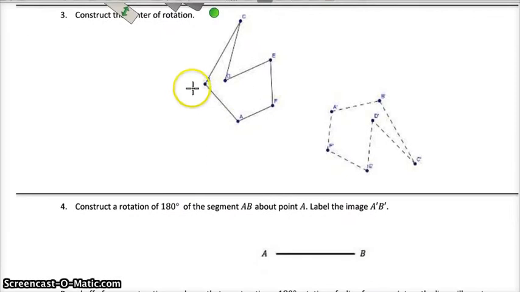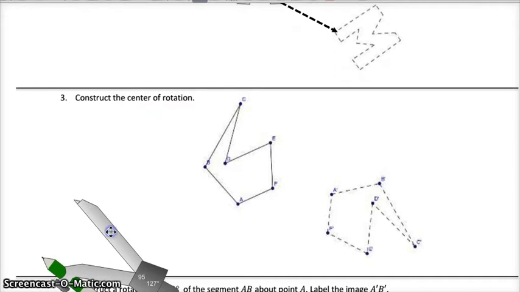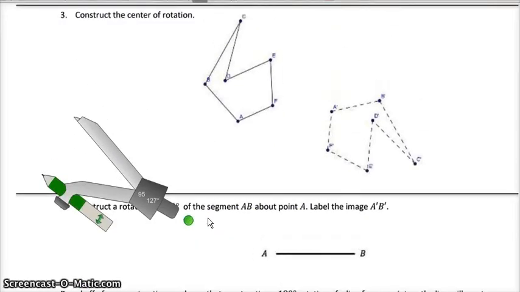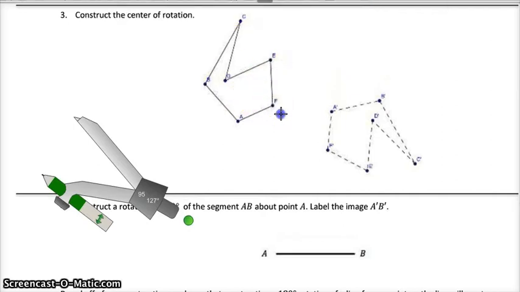In 3, construct the center of rotation. Remember, constructing the center of rotation is exactly the same as the perpendicular bisector, only you do it twice. So you could pick any of the corresponding points to one another, such as A to A prime, F to F prime, any one you so choose to use. So if I connected F and F prime here, we would take the perpendicular bisector